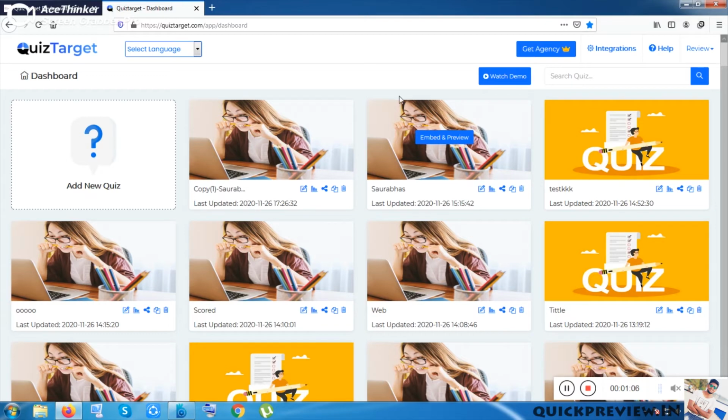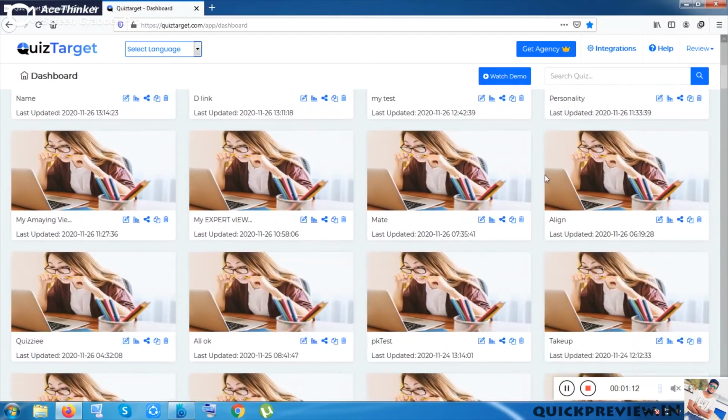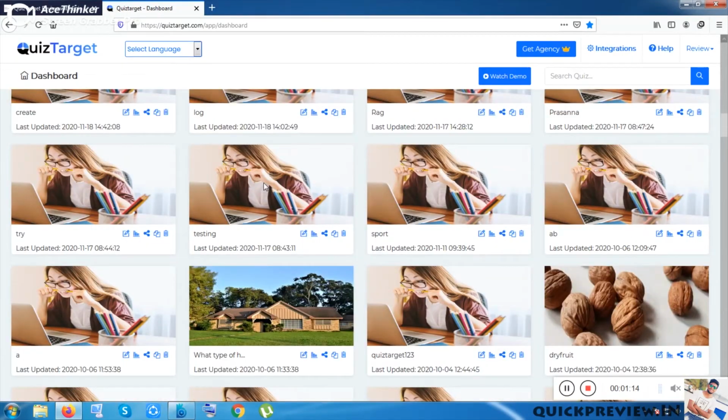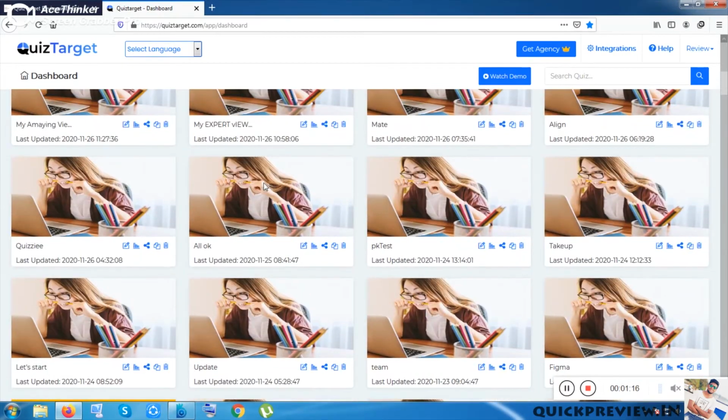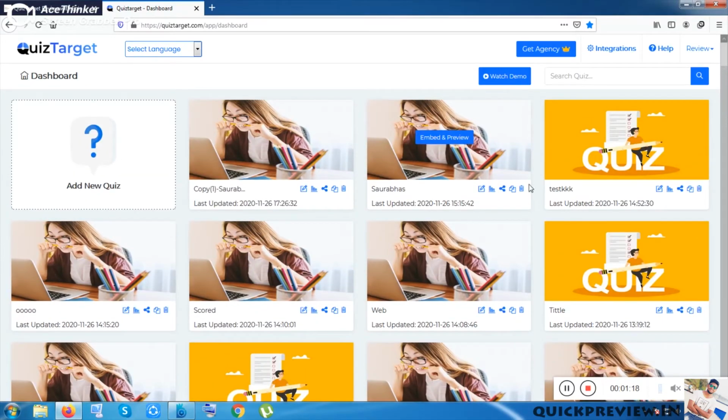there will be some done-for-you quizzes given. Okay, these are looking much the same because this is a review version, but on your version there will be different given quiz pages. Okay, and that will save your time very much, and you can easily just start by clicking and just activate it. Okay, or such kind of thing.